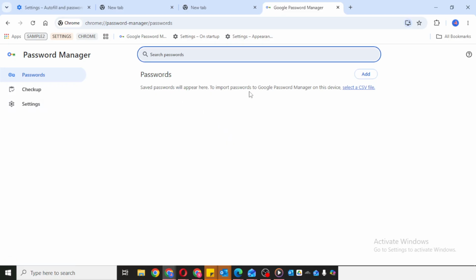Keep in mind that if Outlook is not listed, it usually means the password was never saved in the browser, or it may have been saved under a different Microsoft login page. So if you don't see it right away, check carefully through related entries. That's the full process for viewing a saved Outlook email password on a laptop through your browser settings.